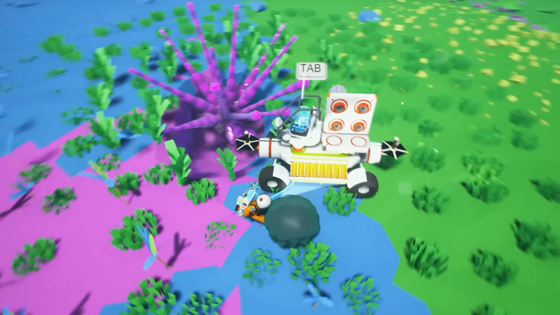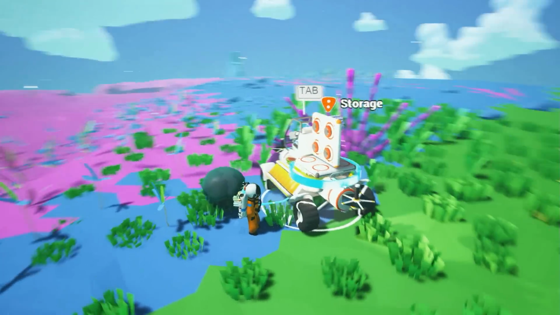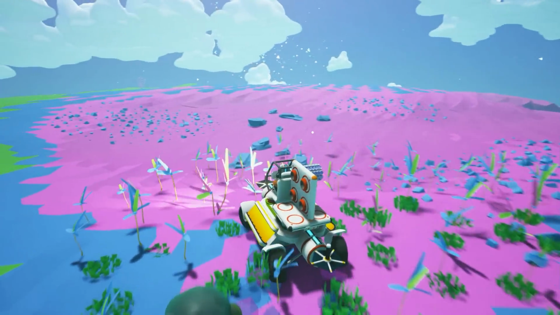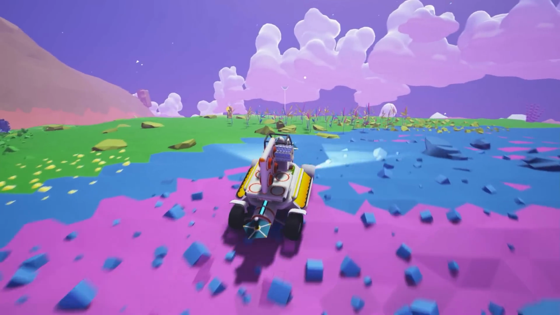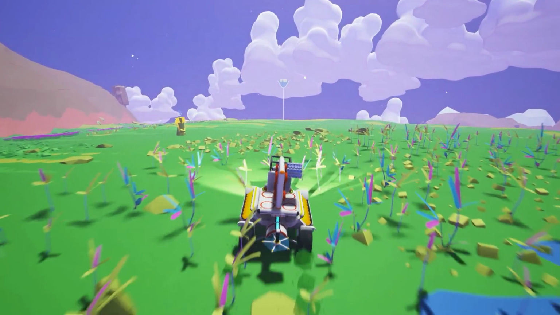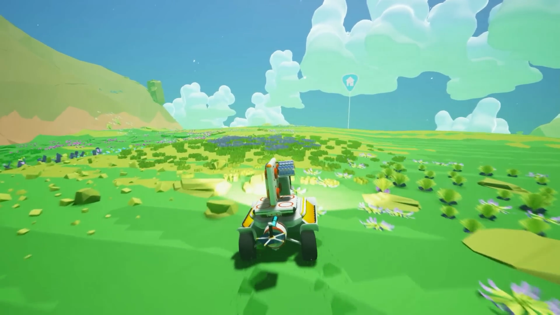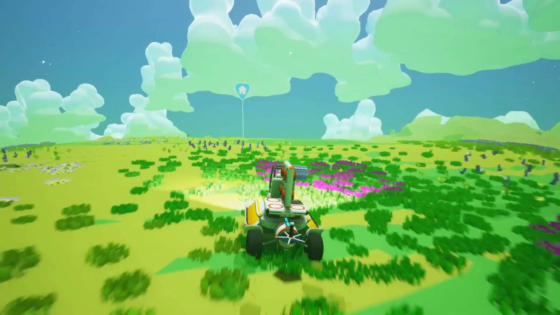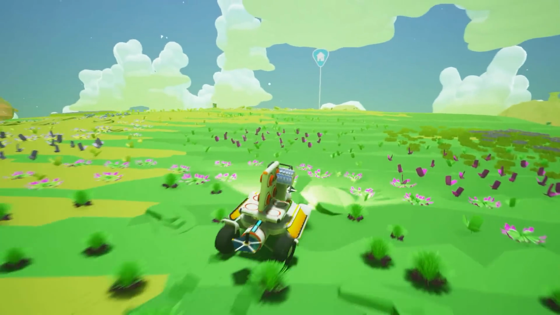Okay, so I was really hoping the storage would be more useful on the ship. I may have to make a trailer of some kind. I know in the dev blogs and things they were talking about using trailers and stuff. So that is something we can shoot for in the future as we progress and upgrade through Astroneer, reaching new